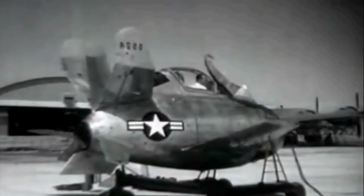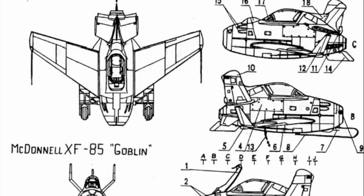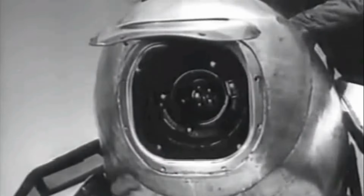The XF-85 Goblin was a unique aircraft designed specifically to be a parasite fighter, intended to be carried aboard bombers. It was the only U.S. Air Force aircraft conceived from the start with this purpose in mind. Unlike the Republic RF-84K Thunderflash, which was later converted for similar use, the XF-85 was built from scratch for this